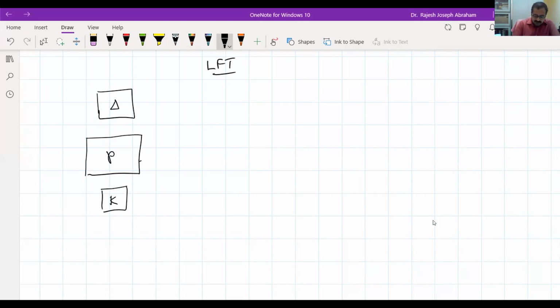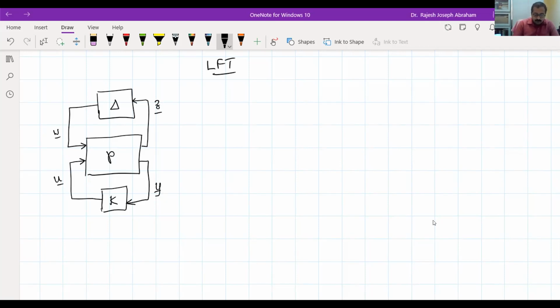So this plant is connected to the controller, and the signal going to the controller from the plant P is denoted as Y, the measured output. From the controller, there is a signal which goes to the plant, and that is called the control input U. At the same time, there is a signal from the plant to the perturbation block, and that is called the regulated output Z. And from the perturbation block, there is an input channel to the nominal plant, and that signal is called the exogenous input W. So this is the standard general LFT configuration.